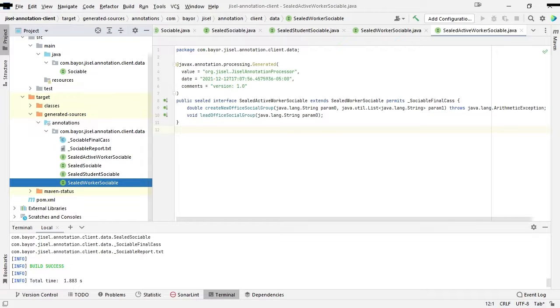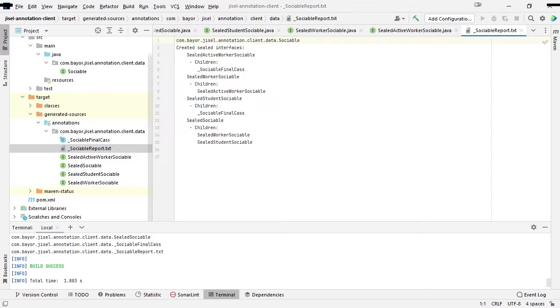And additionally to that, as I mentioned in the presentation, we have this report, which is a very simple text report. For each one of the large interfaces that you define and tag with our SIL4 profile annotations, it will list the created SIL interface, and for each one of those, it will list the children classes or interfaces. So that will give you a report which will allow you to know exactly which element or component of your code is extending or implementing which one of the generated sealed classes.